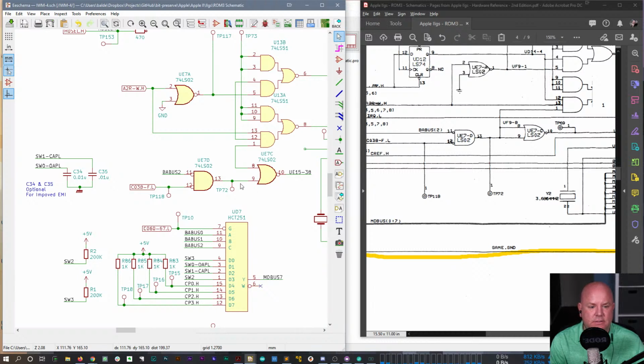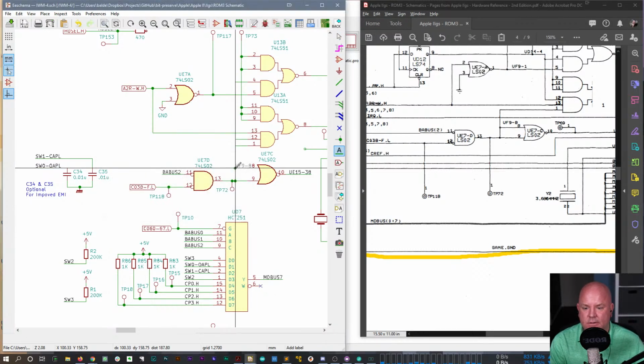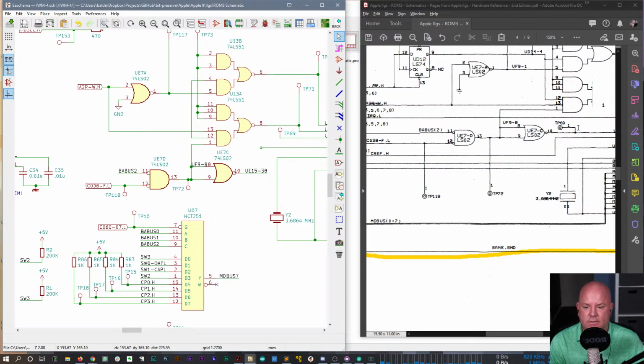Yes. Right. So D output 13 goes to 72, goes to 9 of the other input. And then 8 and 9 are connected together, and those go into 1. Okay. And then we can add a label for this one, which is UF9-8. Don't really super like that, but that's what we're going to go with. Okay. And then 69